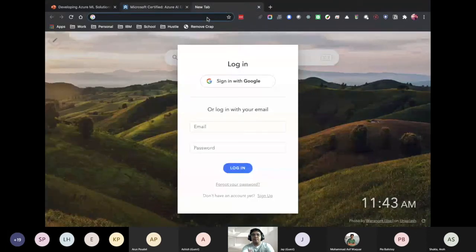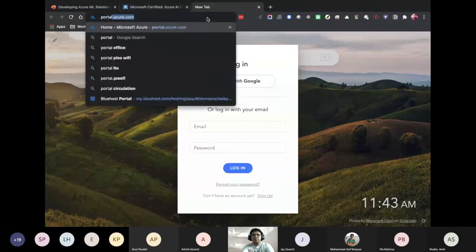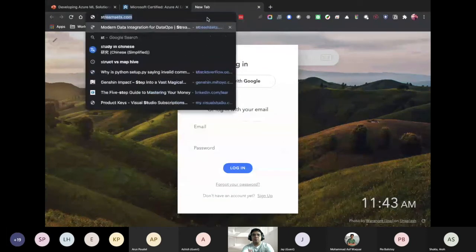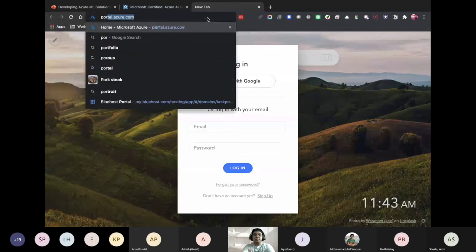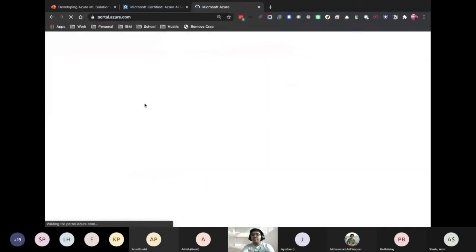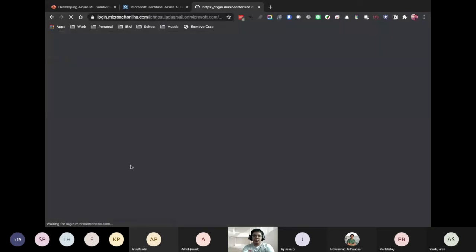So now let's visit Studio. If you already have a workspace, you have a button there.